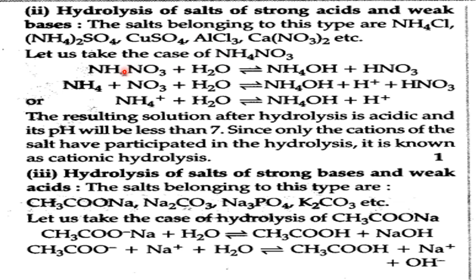First, this is the salt; with water it undergoes hydrolysis and gives an acid and a base. But this acid is a strong acid. This is a weak base. Because it's a strong acid, this dissociates completely. Okay, so see here: NH4NO3 plus water gives NH4OH plus H+ plus NO3-, that is HNO3. What happens here? NH4 with H2O, right? What happens? This will give H+ here. Then it becomes NH4OH. That means H+ will remain.